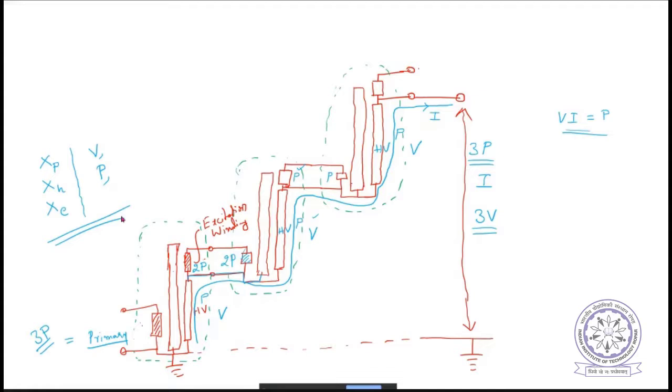How did you find it? Sir, because the base value of a reactance is kV square by MVA, like voltage square by power. So 2P is happening and then 3 times is happening. So 2 square plus 3 square plus 1. I did it like that. No, there is something wrong.